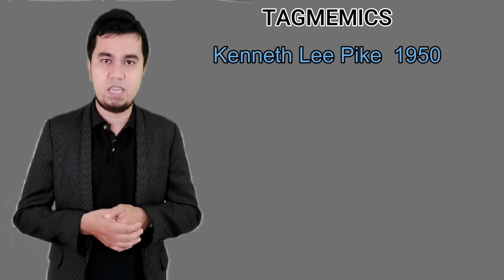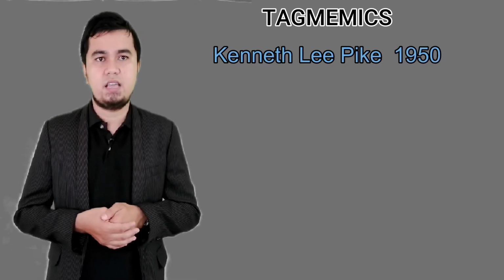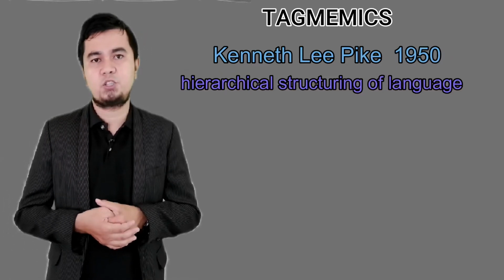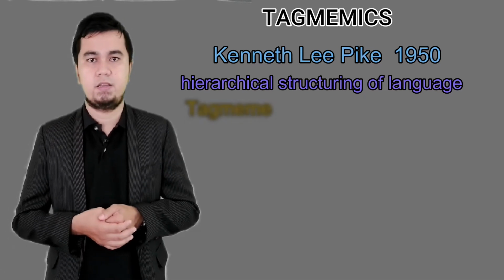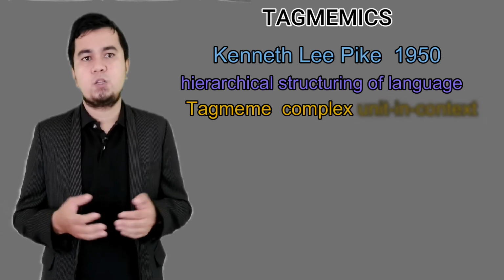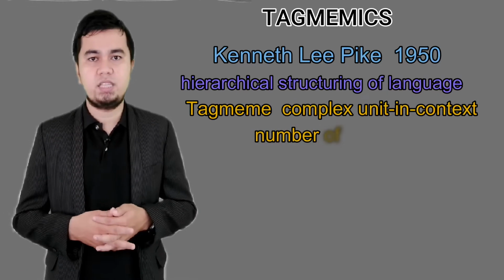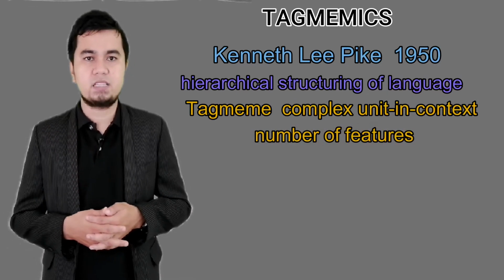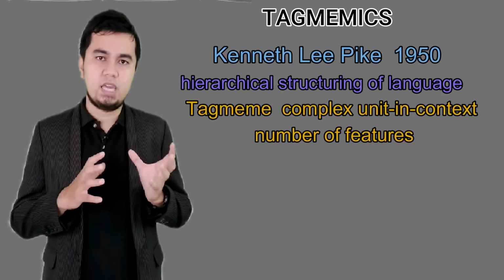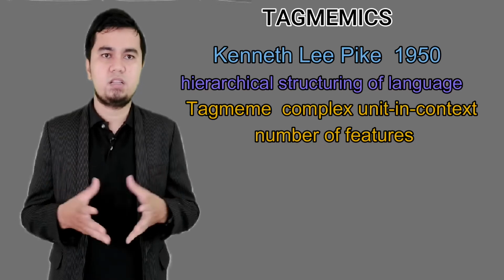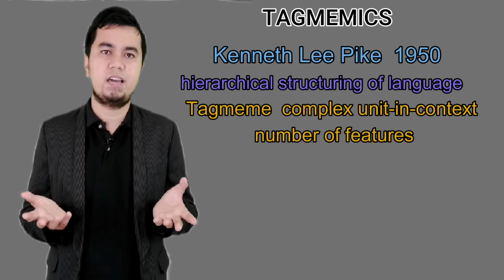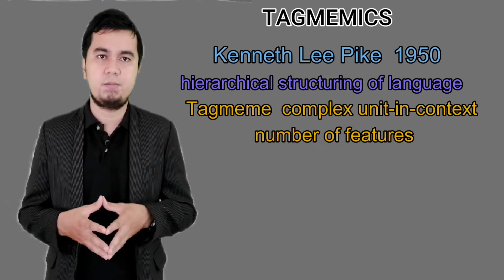So this is a model of grammar originated by Kenneth Lee Pike in the 1950s. It emphasizes the hierarchical structuring of language with a minimum unit of grammar named tagmeme. A tagmeme is a complex unit in context. It is complex because each unit embodies a number of features. It is a unit in context because each unit is defined in terms of the distribution of some larger